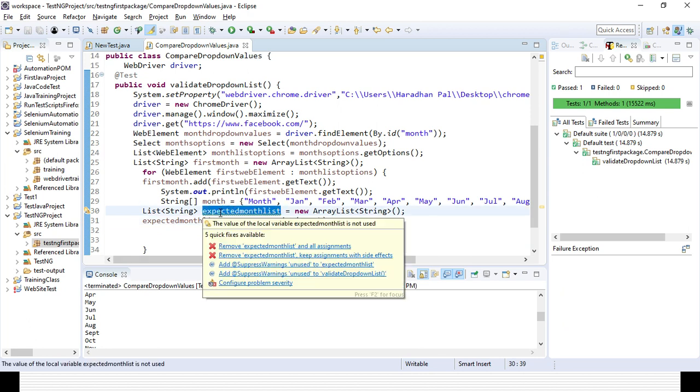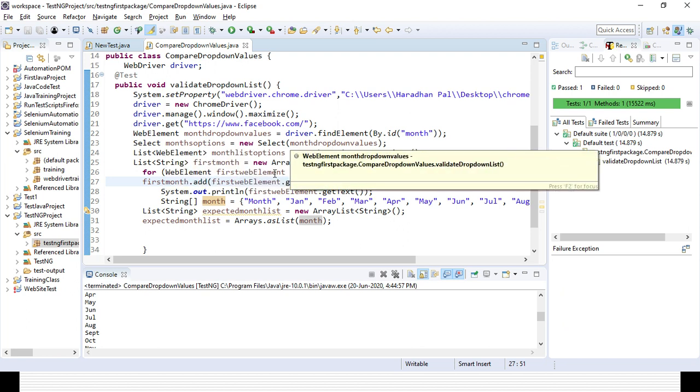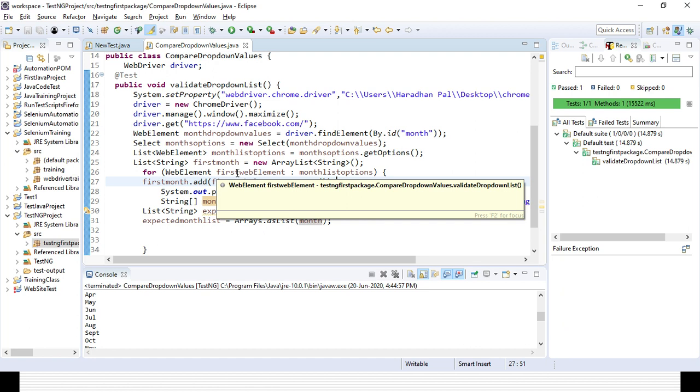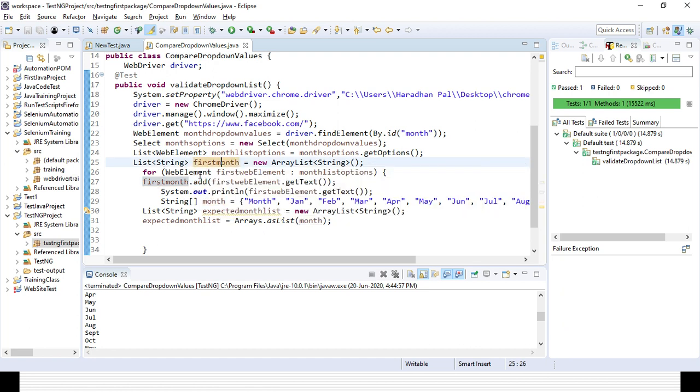So creating another variable, I am storing it in the arrays, right? And in the arrays format, I'm converting the string to an arrays list format, right? Okay. Now I want to check whether that particular option is matching with that particular expected month list. Okay. So I can check it, right? How can I check it?